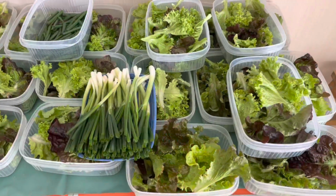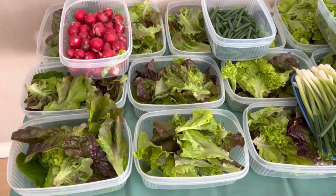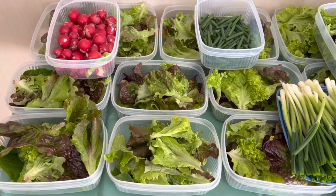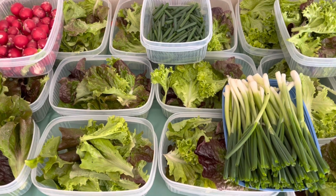So here's the salad table, and I'm not laughing at the salad table, I'm laughing at the fact that this is the 3rd time trying to shoot this video after parcel deliveries and microwaves going off and whatever. But anyway,